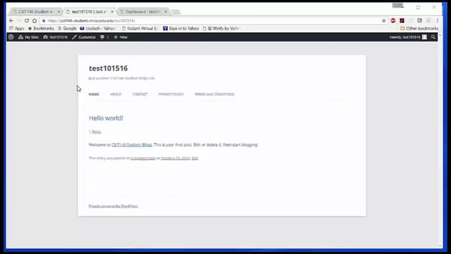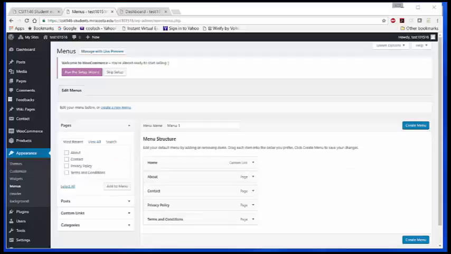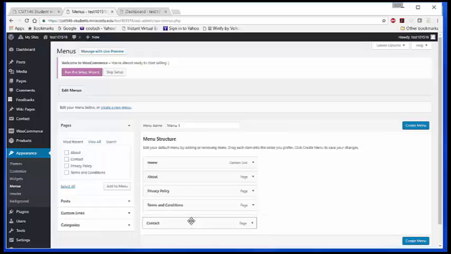Now mouse over the site name and select Menu. Another way to do this, if you're already in the dashboard, is under Appearance to select Menus. Now we're going to change the order of the menu to something that makes a little bit more sense. We're going to take Contact, drag it down below Terms and Conditions,